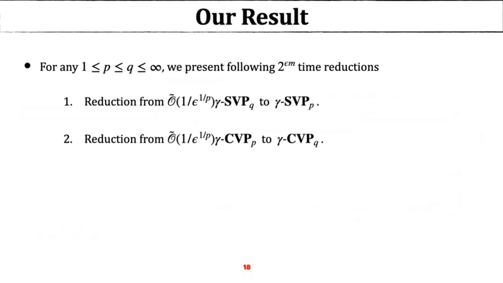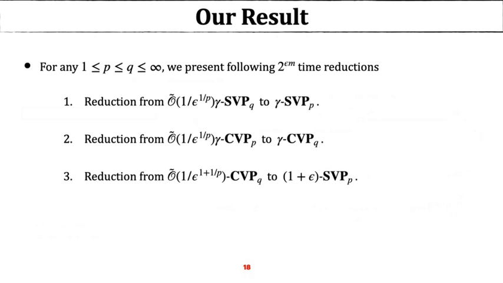Similarly, we have a reduction from CVP to CVP, but from a smaller norm to a larger norm, and the loss in the approximation factor is the same. Then we have a reduction from CVP in a larger norm to SVP in a smaller norm. The loss in approximation factor in the third reduction is higher, which is 1 over epsilon to the power 1 plus 1 by p. And we can also have a reduction from CVP in a smaller norm to SVP in a larger norm,